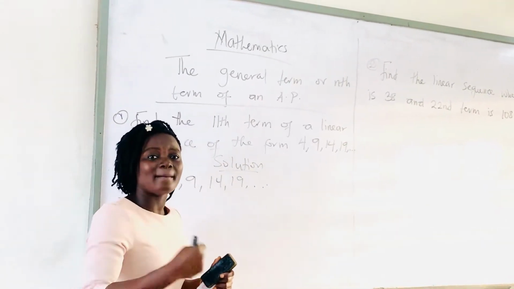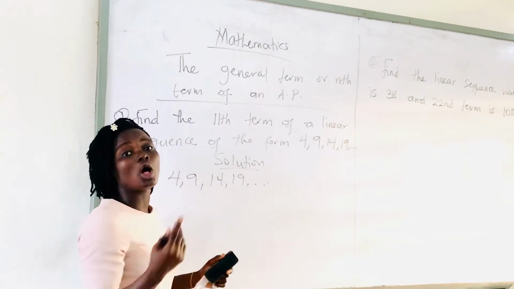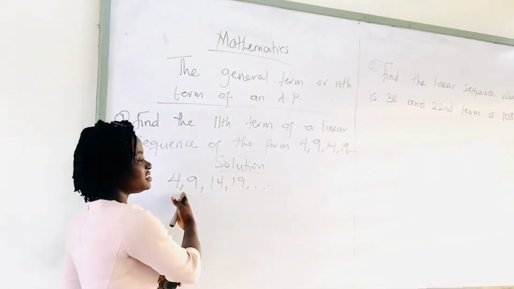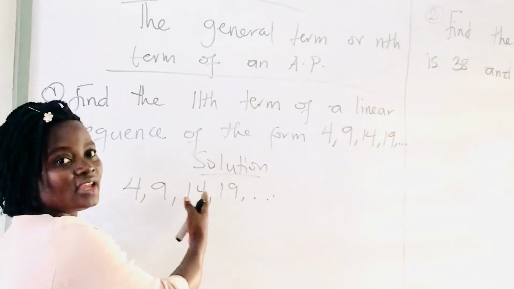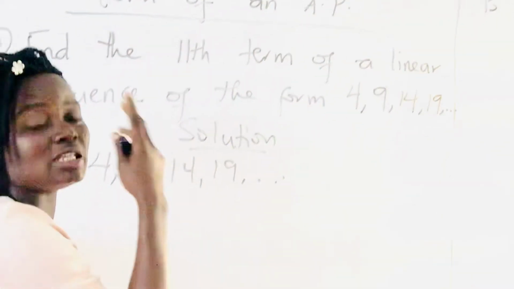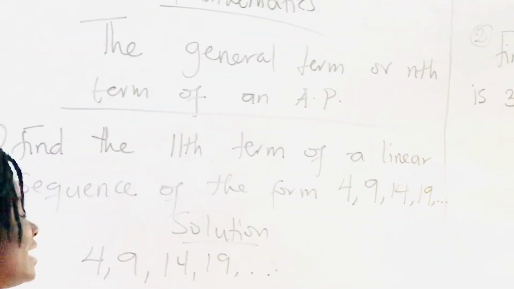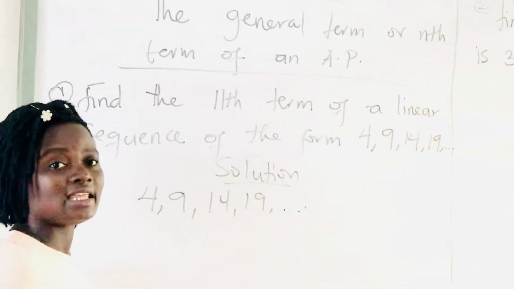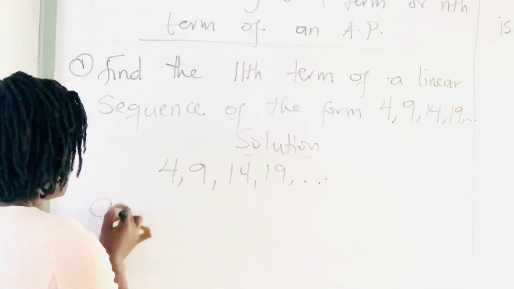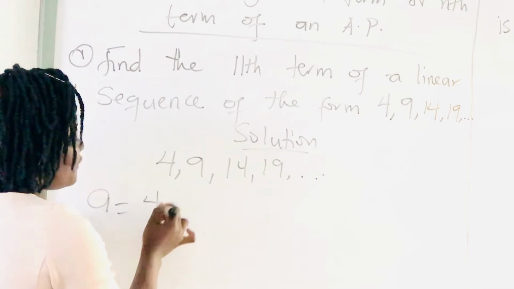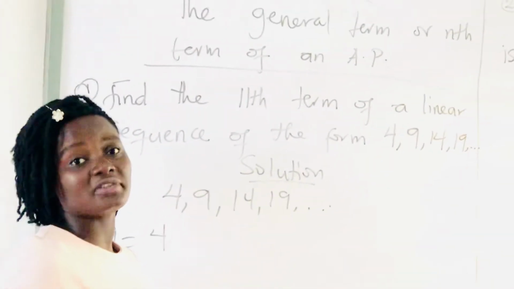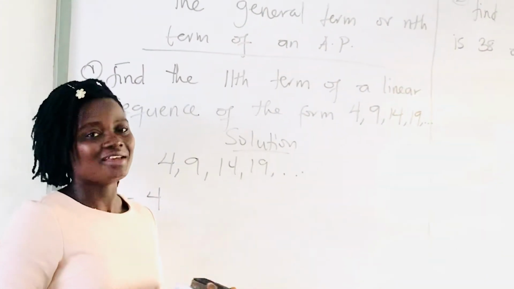That each member in a sequence is called a term. This is a term, this is a term, this is a term, all the numbers are called terms. So identify your first term. So in this case A is 4. The first term is usually represented by A. I stated that